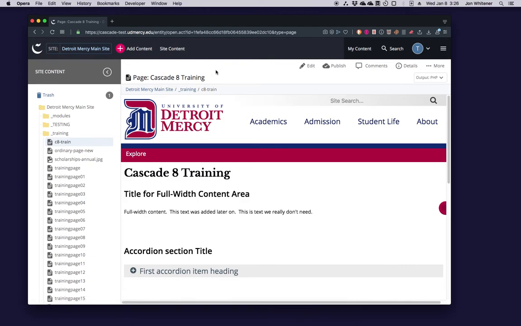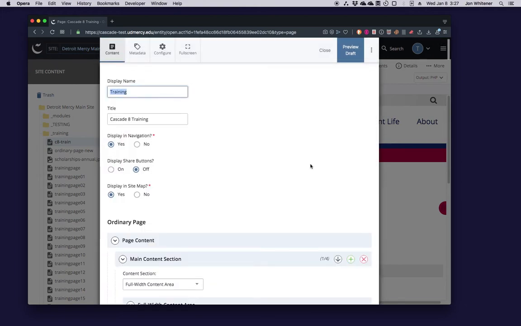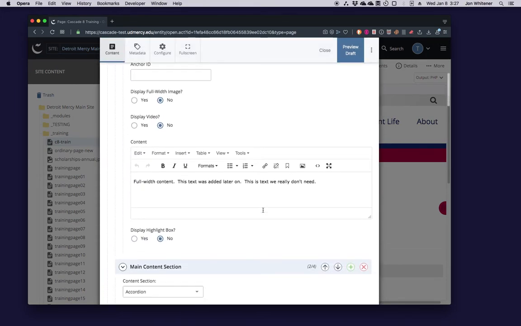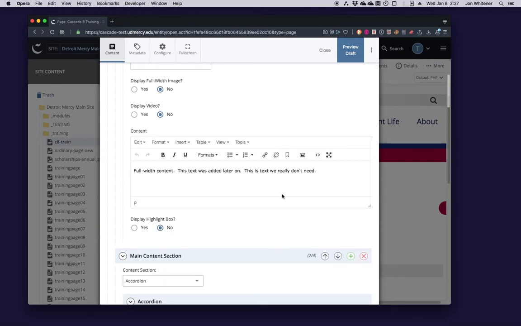There's one important thing I want to point out when you're editing a page, particularly when you have copied some content from, say, a Word document or a web page or some other source that you want to paste into your page. We very commonly see this happen where someone will go to edit a page, and in this case I'll scroll down to a content section that accepts a little more text. Here's one here.